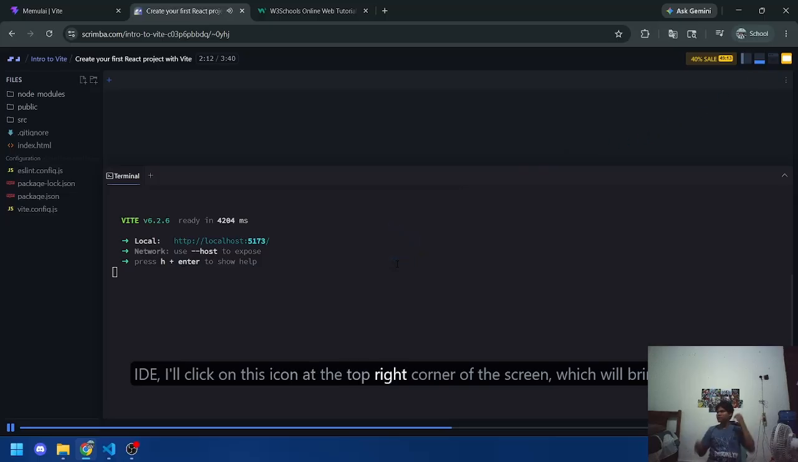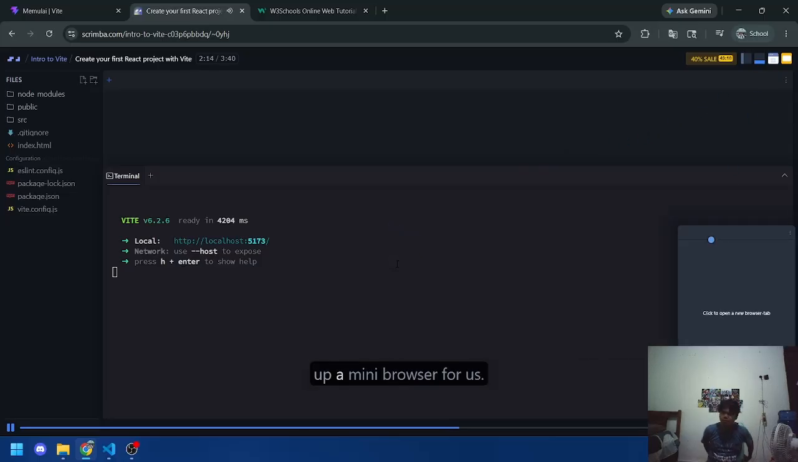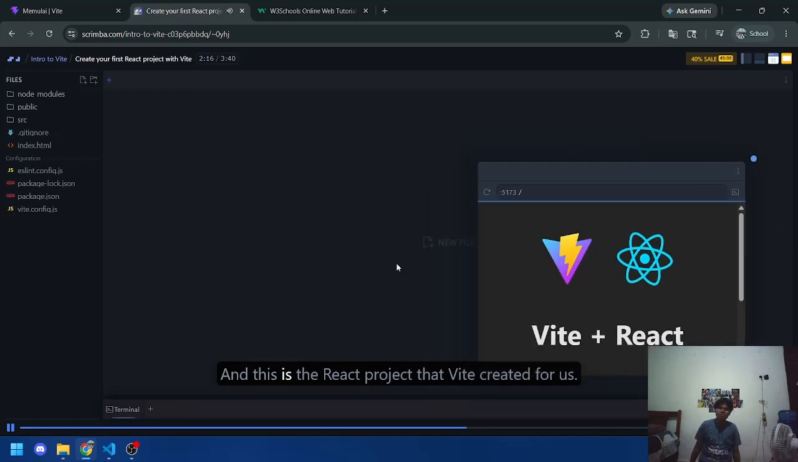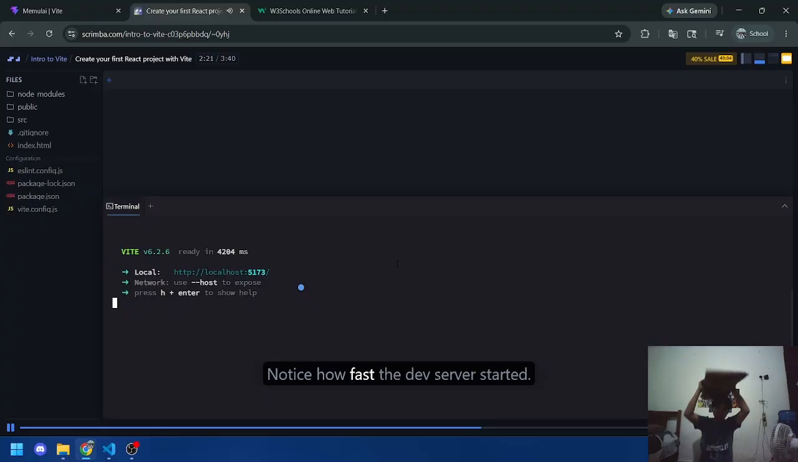Icon at the top right corner of the screen, which will bring up a mini browser for us. And this is the React project that Vite created for us. Awesome. Notice how fast the dev server started. This is one of the many areas